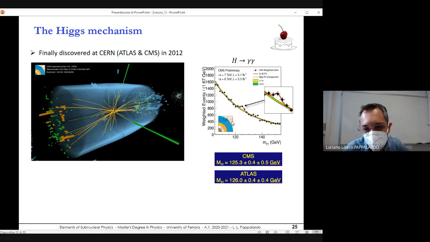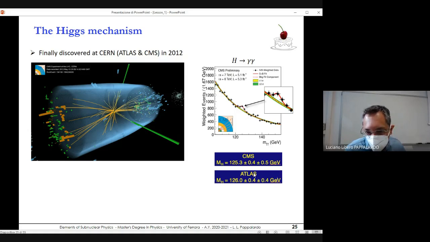And another channel that was also exploited for the discovery of the Higgs boson was the Higgs decaying into two Z bosons, which further decay into pairs of charged leptons, four charged leptons. So these are not the most probable decay modes, as we will study. These are actually quite suppressed, especially this one in two photons, but they have the advantage of being very clean. So this allows us to subtract quite easily the huge background. And so although the probability is very small, you are still able to suppress the background and to find this little signal here, okay?